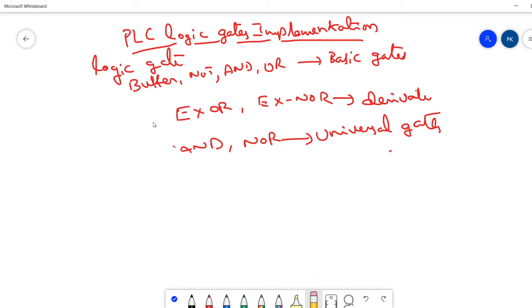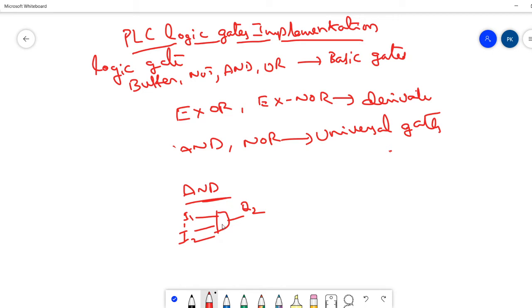Now come to the AND gate. The symbol for this AND gate has two inputs, input 1 and input 2, and the output is, for example, Q2 or Q3, whatever, that is our wish.